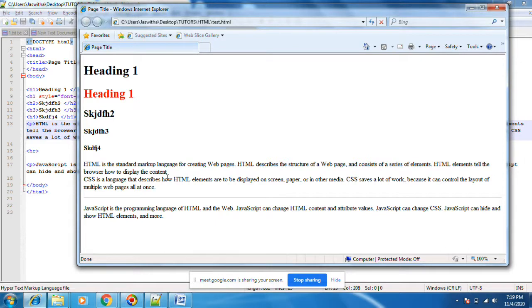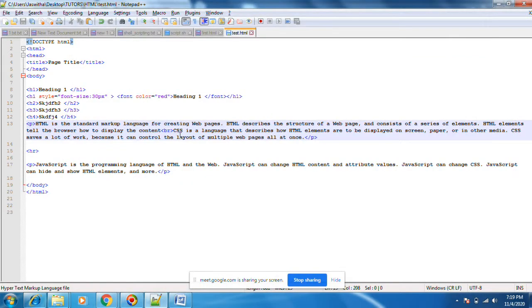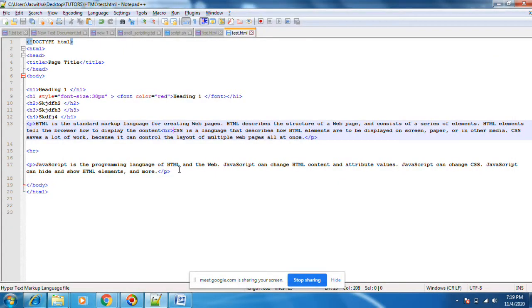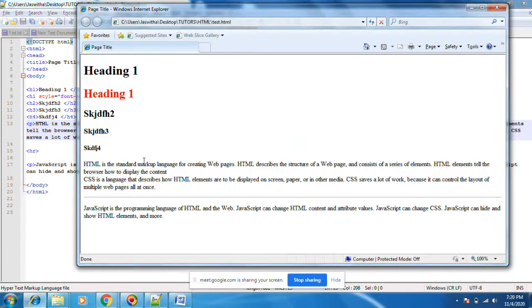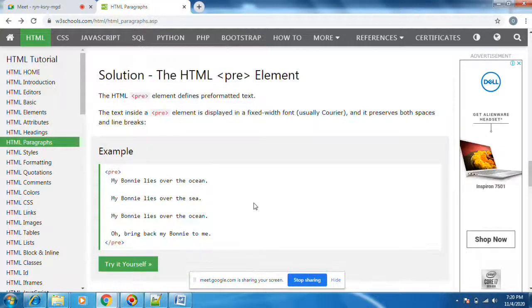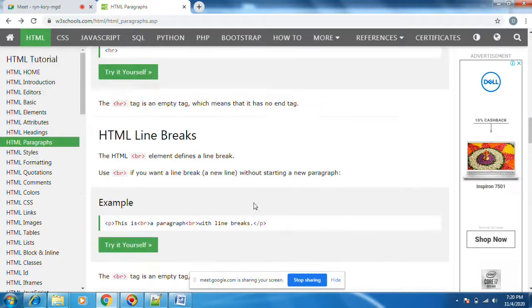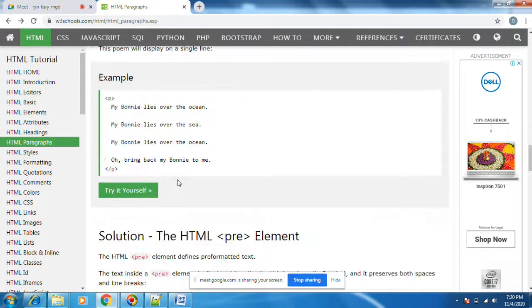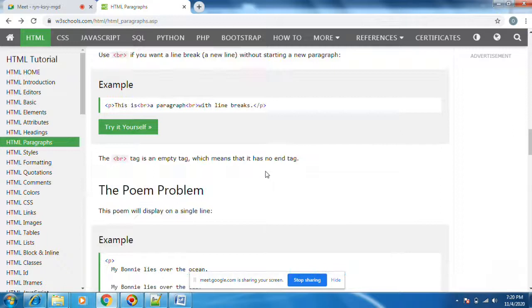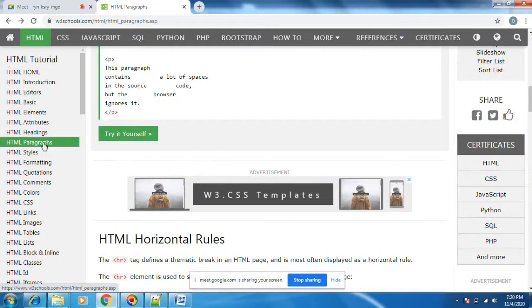We never use line break, we use the new line tag only. Yeah, BR only, we use new line. Sorry. Okay, with this we'll stop this section and then we'll continue with the styles in the next session tomorrow.